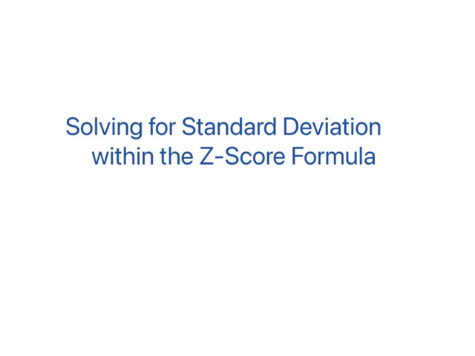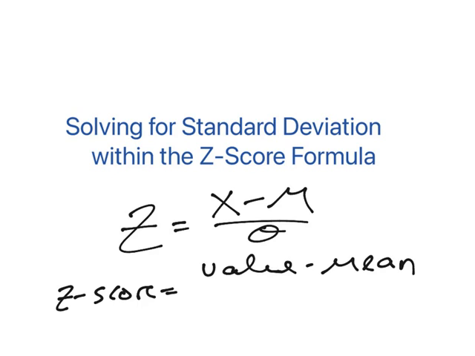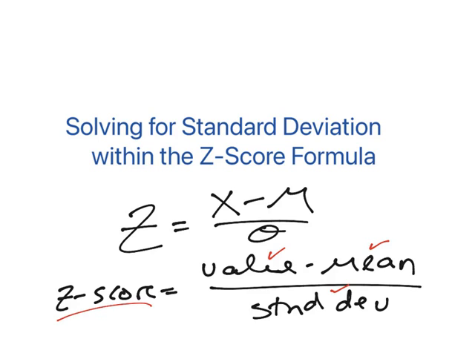Solve for standard deviation within the z-score formula. So we know the z-score formula is z equals x minus mu over sigma, or the z-score equals the value minus the mean all over the standard deviation. Now, oftentimes we think about this formula when we know the value, the mean, and the standard deviation, and we're solving for the z-score. But sometimes you're given other values, and we need to be able to solve for whatever